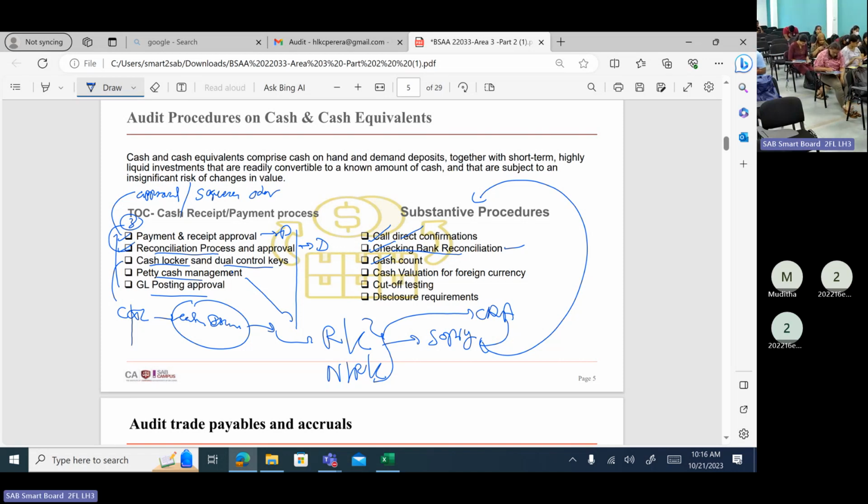So this is a type of example you can see. This is an actual working paper. You can see what the information log is. The information log is there, and then